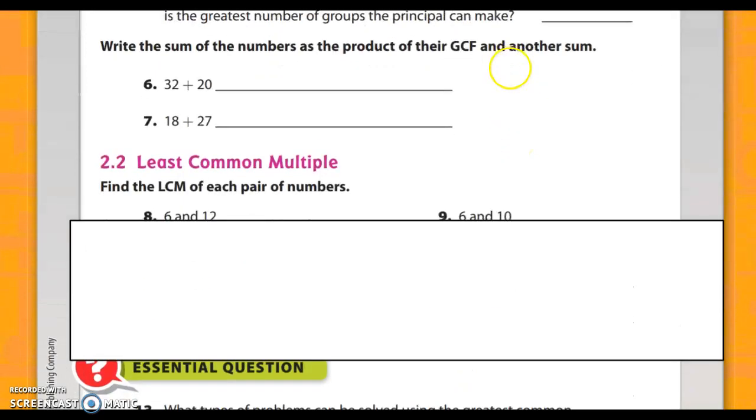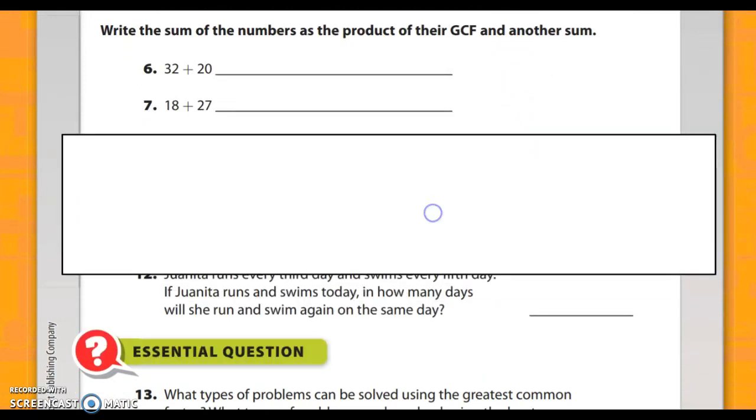The next section is these kind of tricky problems right here. It says, write the sum of the numbers as the product of their GCF and another sum. So I want to review with you kind of how to do this. Notice it says GCF. First thing you need to do when you do these problems right here is to find the GCF. So the GCF of 32 and 20 is, this one's pretty simple if you just kind of review your facts. The greatest common factor of 32 and 20 is 4. So what we do is we write equal, and we pull out our GCF. And so 4 is going to be equal to, and then that gets multiplied by,